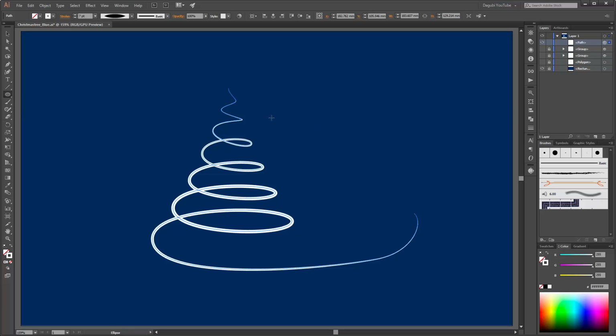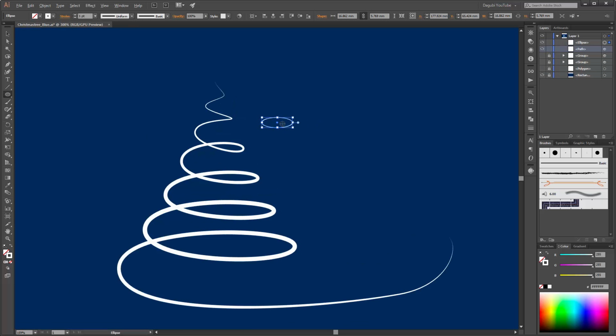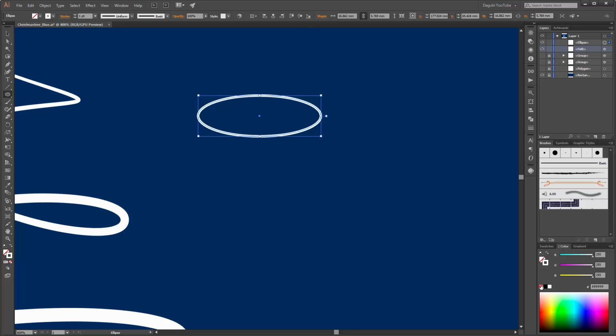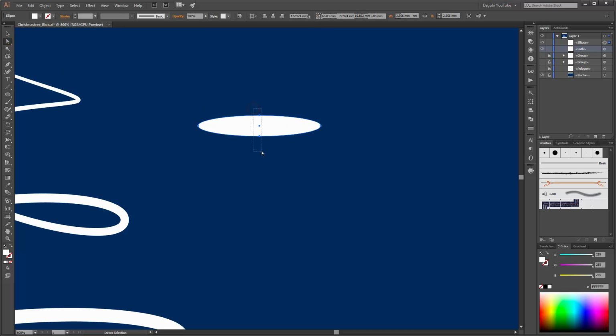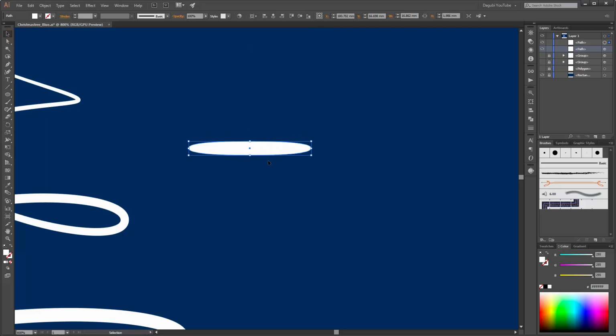So choose the ellipse tool, create an ellipse with no stroke color and white fill. So select these 2 points, and now choose the scale tool. Scale this. So okay,